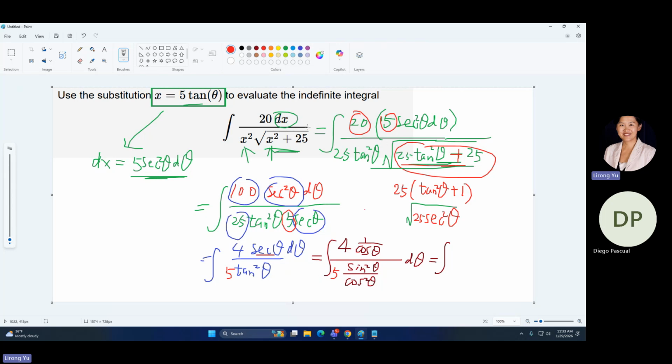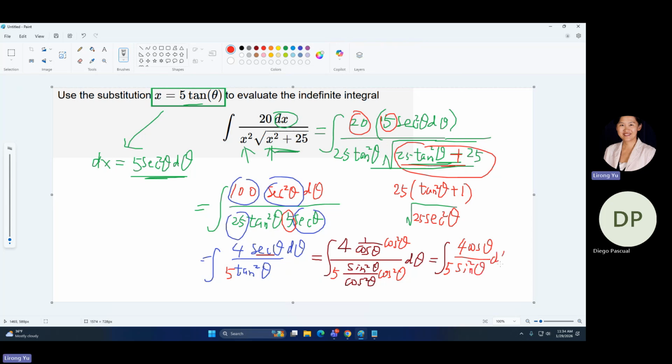All right, so we can multiply numerator and denominator by cosine squared just to get rid of the cosine squared in the denominator. Try to get the cosine combined. So the numerator will have a cosine squared over cosine, that gives us a cosine. Any question about this step? Okay, so the denominator's cosine will go away. So numerator becomes 4 times cosine, and then denominator is 5 sine squared